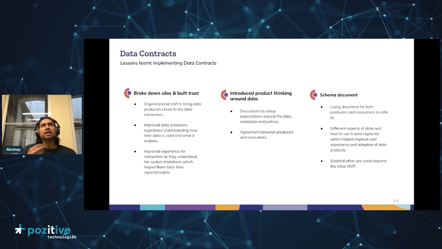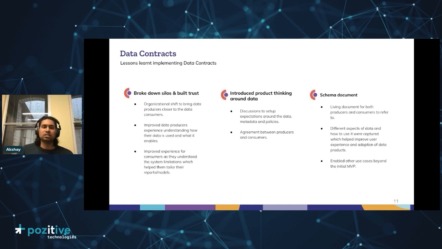But what we did here is we basically tried to create a living document of sorts where we would have discussions between the producers and consumers. And every time we discussed what was the column that they wanted, we would also capture things like constraints, how frequently it should be updated, in what ways it was being used, and then also capturing what were the different sources that it came from and how was it actually derived.